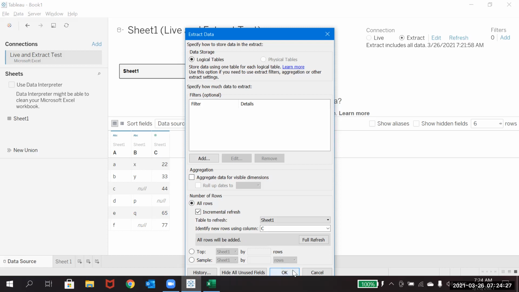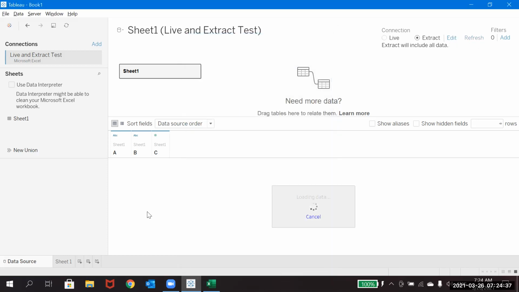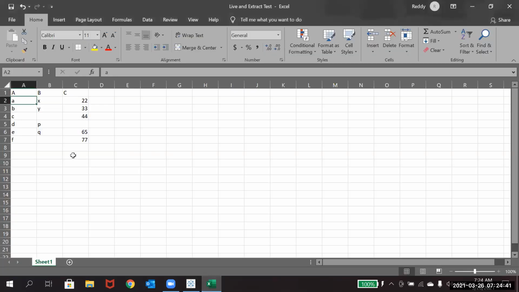So let's do a check on the incremental refresh now. It will be based on column C. Now let's go to the data set, and I'll do a quick thing.